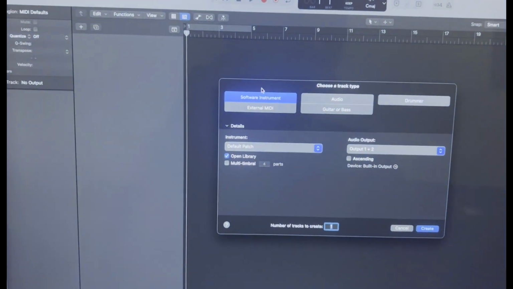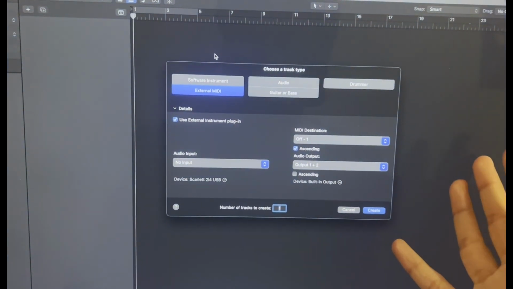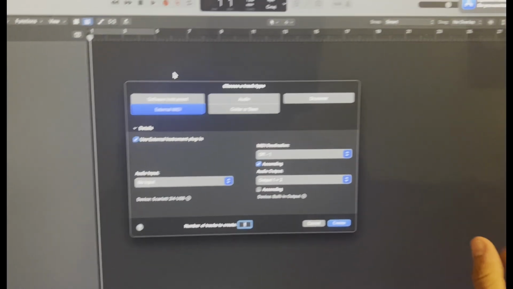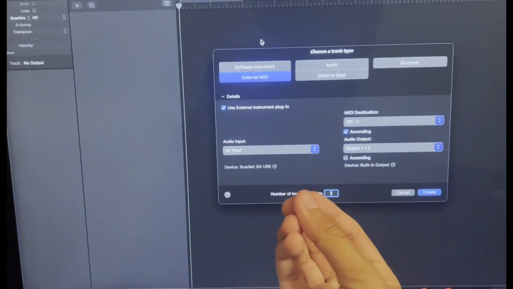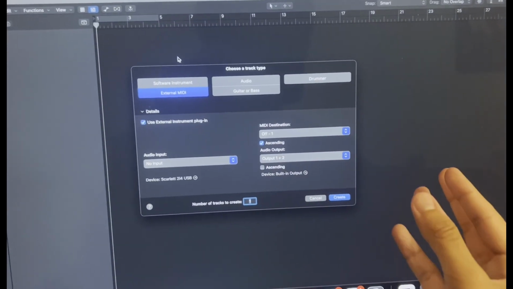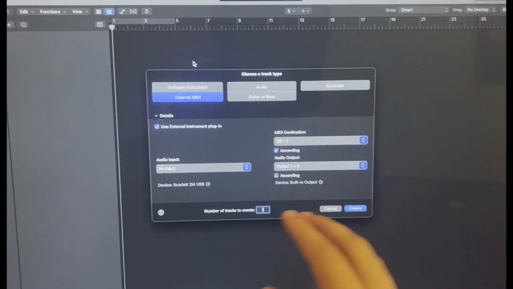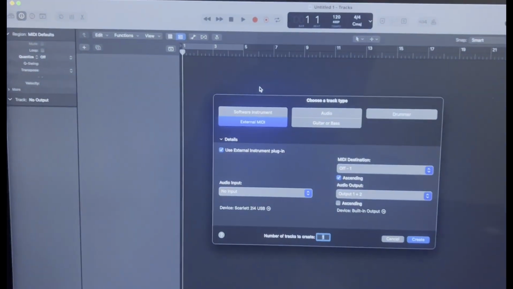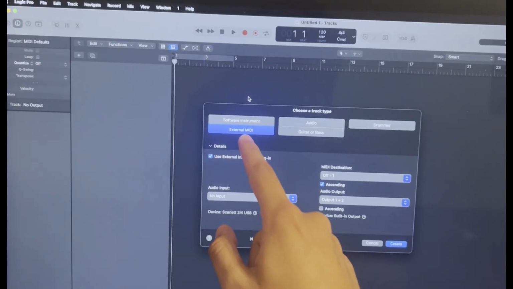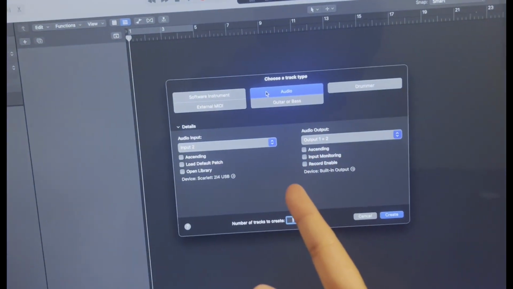So that's software instrument. External MIDI. So if we have a MIDI file that is outside of Logic Pro, we can literally put it onto the project and then assign it to any digital instrument. So a MIDI file will have a certain set of notes and rhythms on it. So we can put the external MIDI onto a track and then assign it an instrument, and boom, that instrument will play the notes and rhythms on the external MIDI. So audio, it's pretty self-explanatory. It's an audio file. So we use this track to